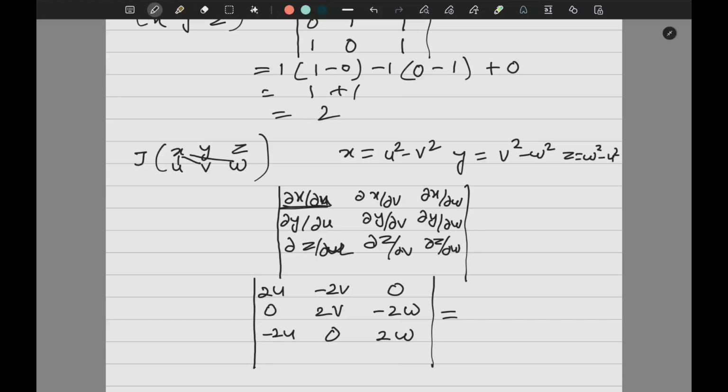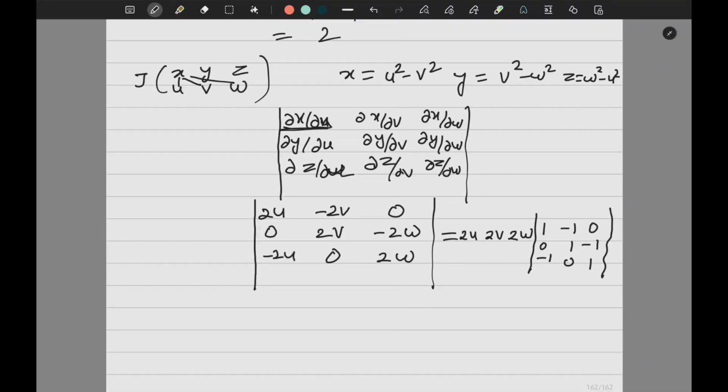Now obviously here variables are there, so you cannot find it in the calculator. But directly how can you do it? Always see if you can take anything common from any particular row or any particular column, that you do. Like here in the first column 2U is common. So take it out. 2V you take out from the second column, and 2W you take out from the third column. Even if you don't take it out, you will get the answer, but it will only be lengthy. So 1 minus 1, 0. 0 minus 1, 1 minus 1, 0, 1. Right? So this will become 2 to the 4, 4 to the 8.